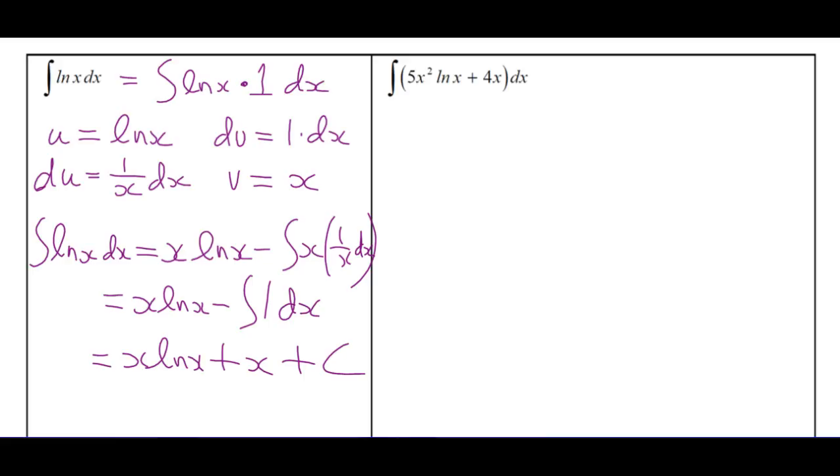So that's the integral of ln x, right? You take the derivative of this, you'll end up with 1. Oh, sorry, minus x. Yes, my bad. Minus x plus c. Because if you do the derivative of x ln x, you're going to get a plus x sitting in there,